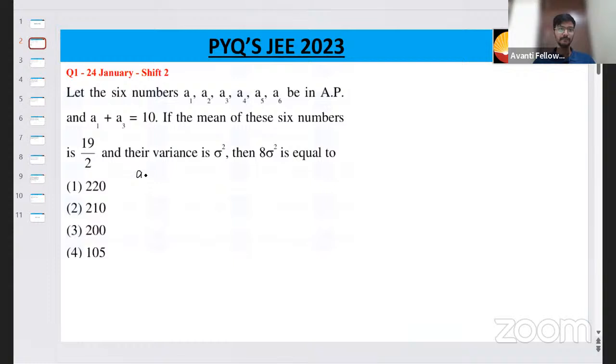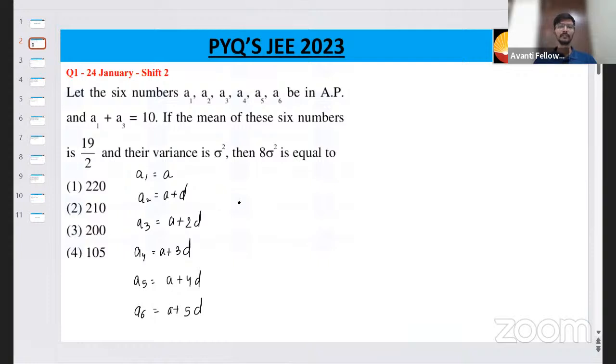So let's say A1 is A, A2 will be A plus D, A3 will be A plus 2D, and A4 will be A plus 3D, A5 will be A plus 4D. No need to write everything. I'm just writing because I need to explain it. A6 is A plus 5D. It is given that